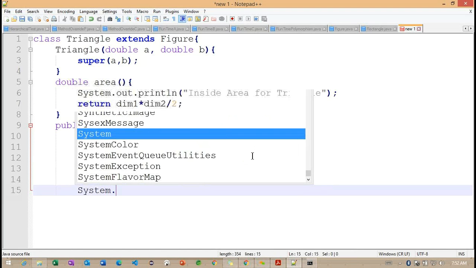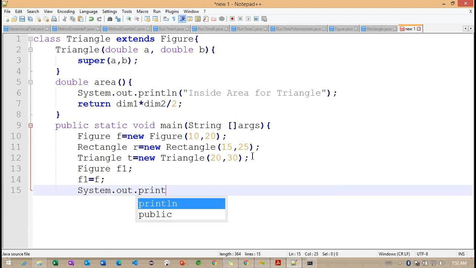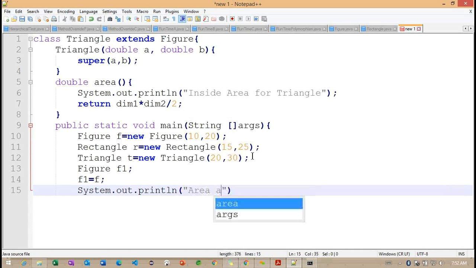Let me print this example because this method will return the area. And F1 dot area method. Getting the point.